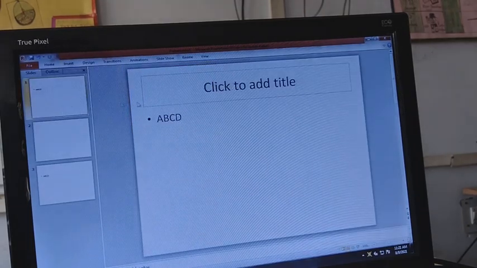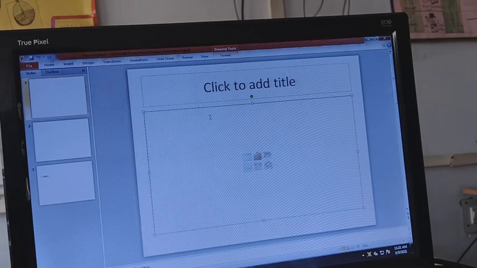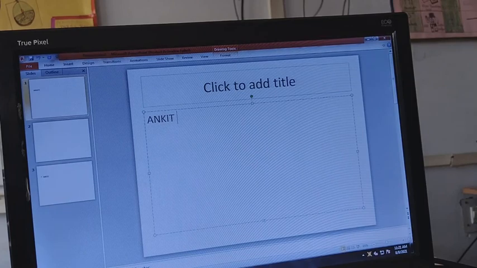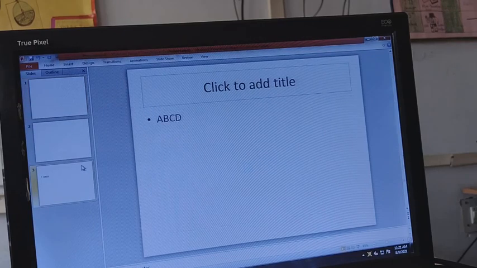So if you are in the normal view, how do you edit your text? To edit your text, it is similar to writing the text. You just have to double click it, and with the help of backspace you can remove your data and write the new data. It is up to you. You can use the backspace button or the delete key, and then you can edit your data according to your need.